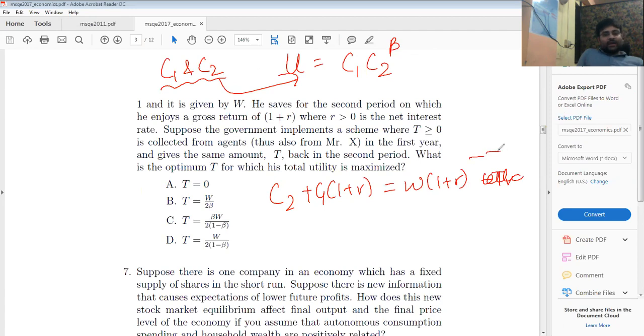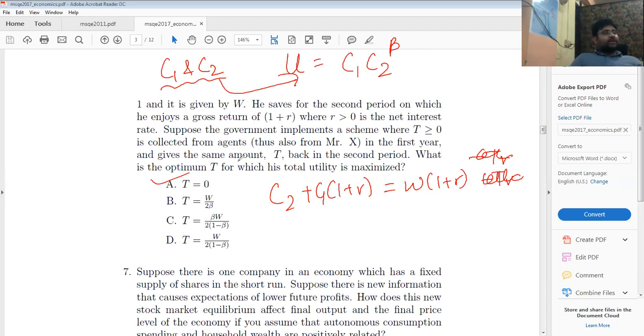So the higher the T, the lower is my money income. So the highest money income achievable is without any T. Answer: T is equal to 0. This is a logical method where I don't get into mathematics, but the underlying